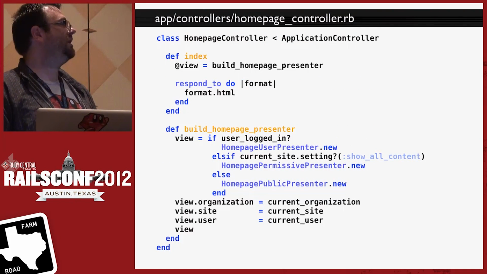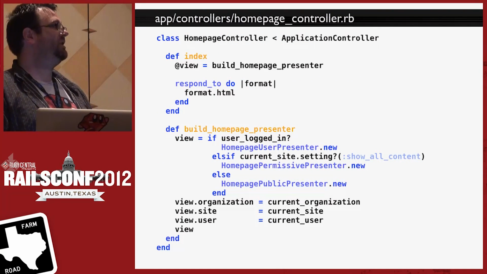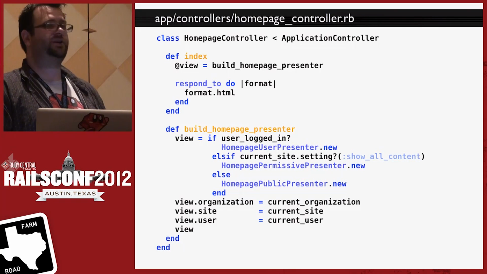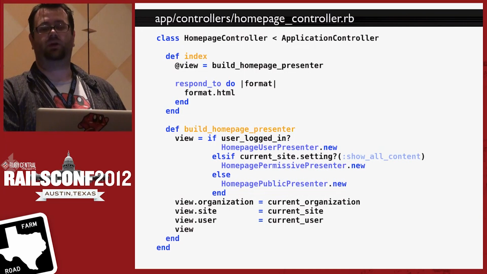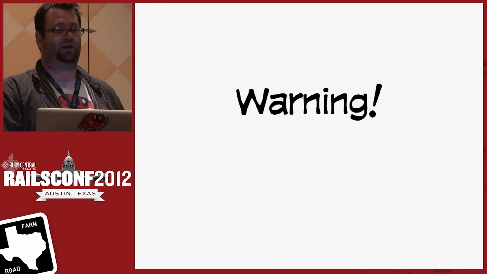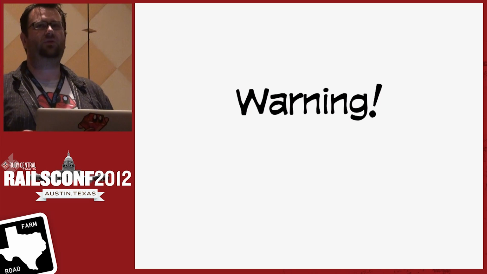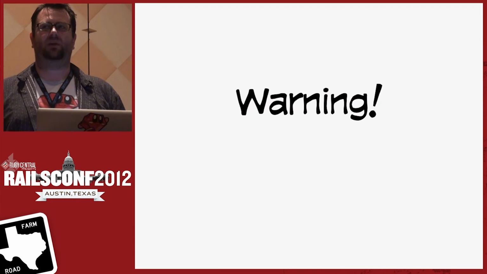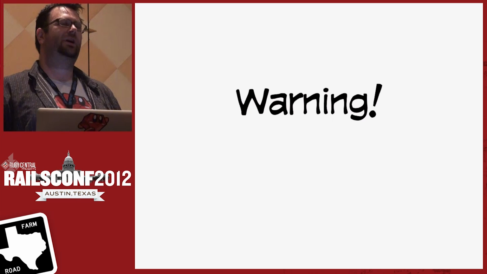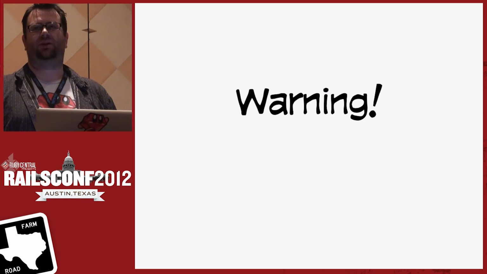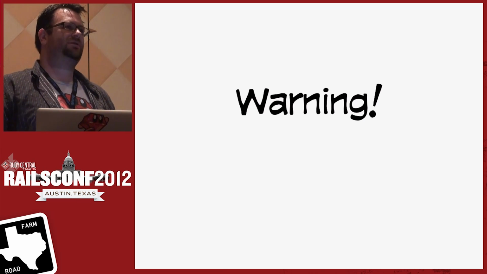Here's what the controller looks like. We just build our homepage presenter. We have that logic for which one we're going to use. We set current organization, site, and user, and we're good to go. And everything's tested. All right, so I really like this approach. Again, word of warning: if you open up your terminal and type in rails new foo, do not start with presenters, right? This is an advanced approach